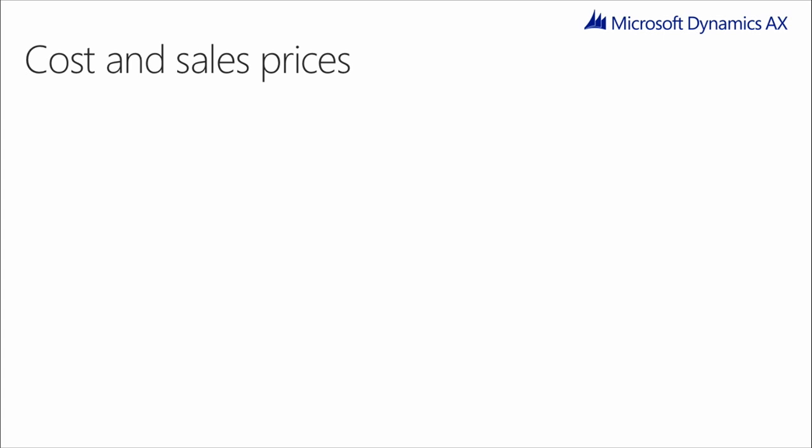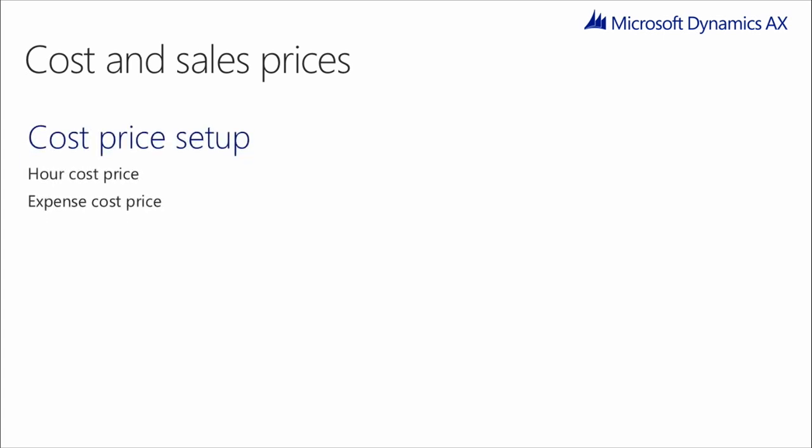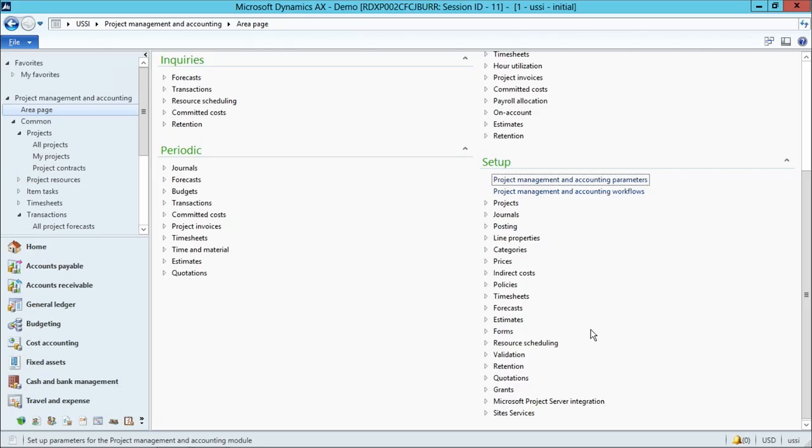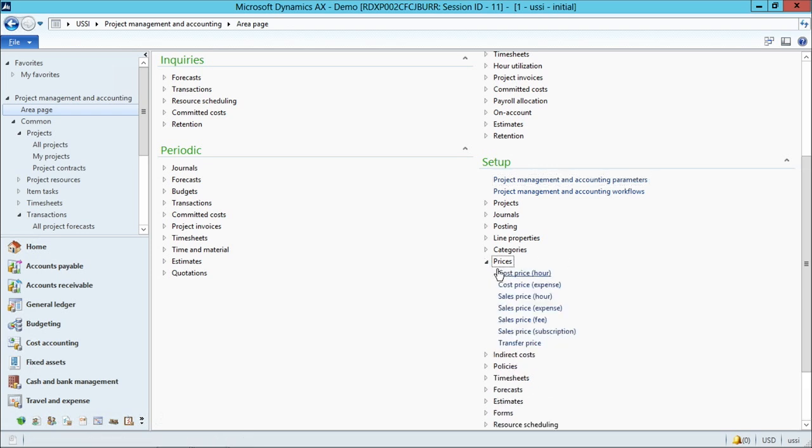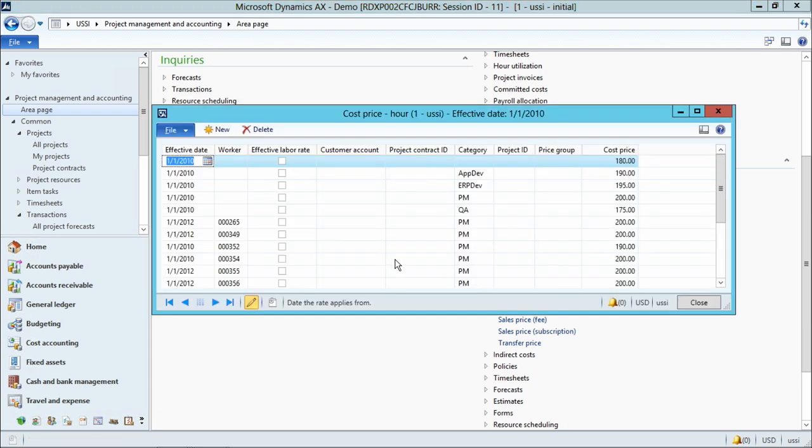So what I've done there is I've set up cost prices for my hours and for my expenses. If you want to do this for items, you need to set them up in the inventory and warehouse management under materials for items, and that's beyond the scope of this course. But let's take a look at cost and prices for hours and expenses. So over in AX, underneath prices, you can see we have cost prices for hours and expenses. And here is where I define